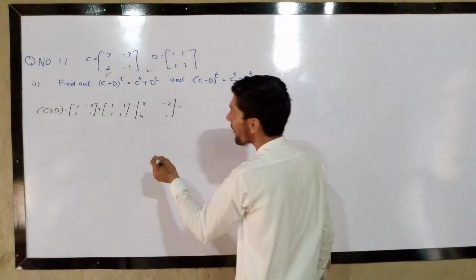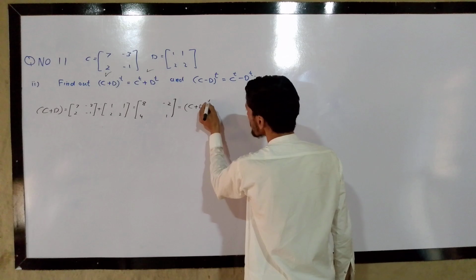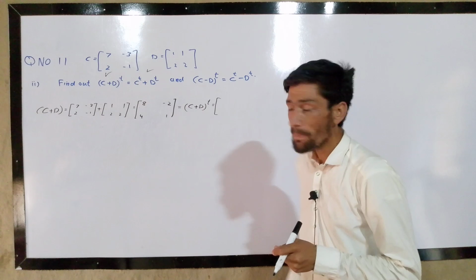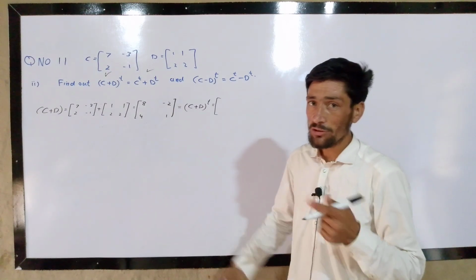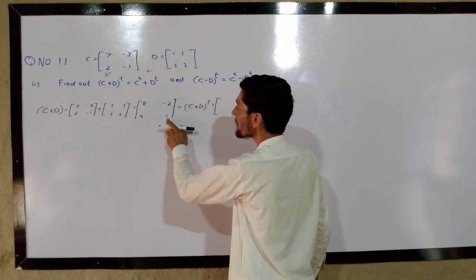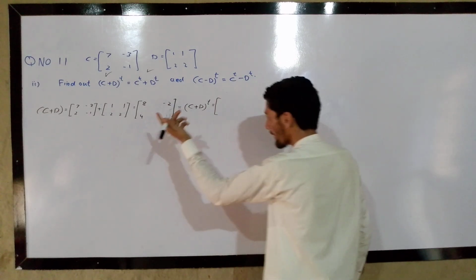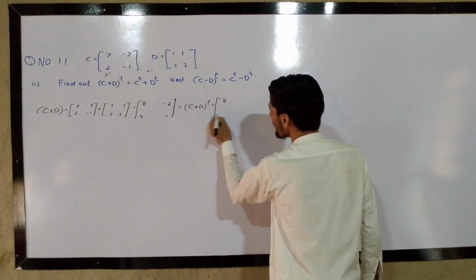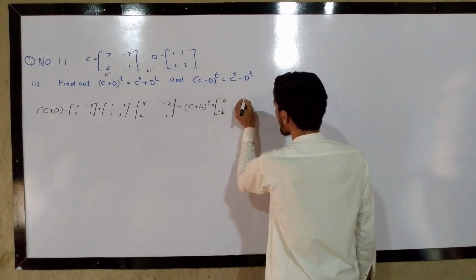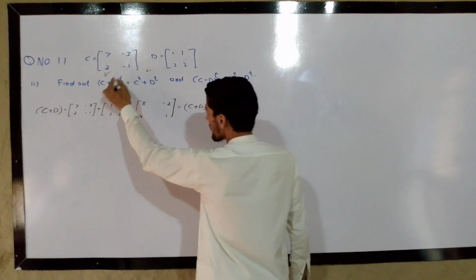Write down right now the whole transpose, that C plus D whole transpose will be equal to. So the number of rows will be changed to the number of columns, and the number of columns will be changed to the number of rows. A second condition is also applied. Keep these two diagonal elements the same, but change the off-diagonal elements minus 2 and 4. Let us apply it. 4 at the first position, it will shift here. Minus 2, it will shift there. This is the whole transpose of C plus D. So the first one is final.